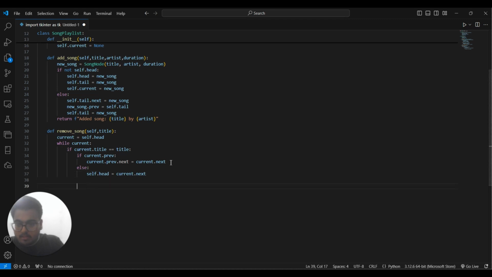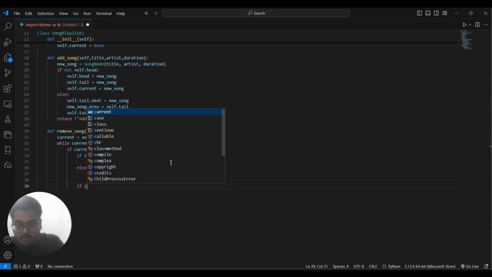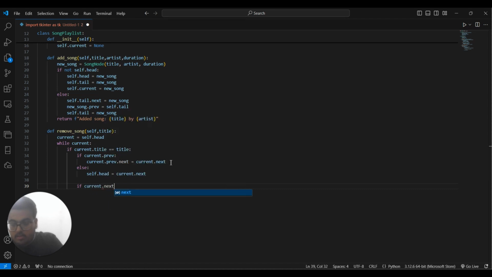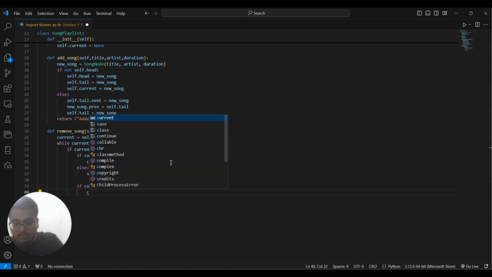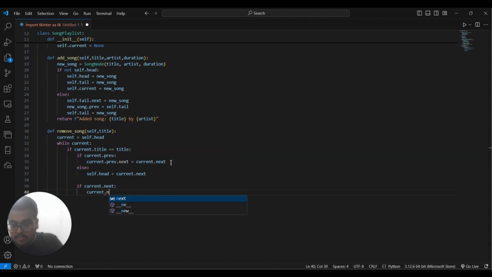Then applying another condition, if current.next, then current.next.previous is equal to current.previous. After that, else self.tail is equal to current.previous,